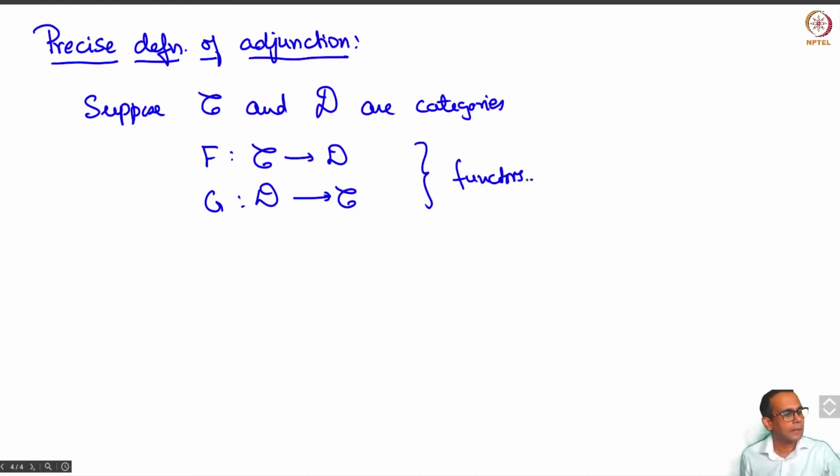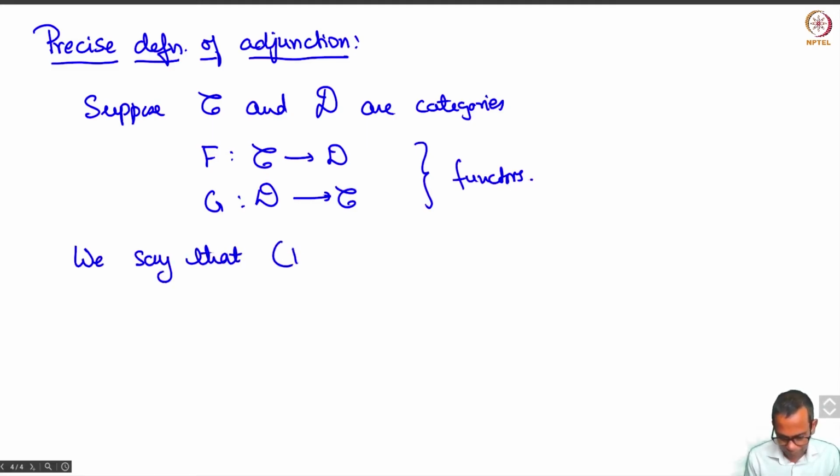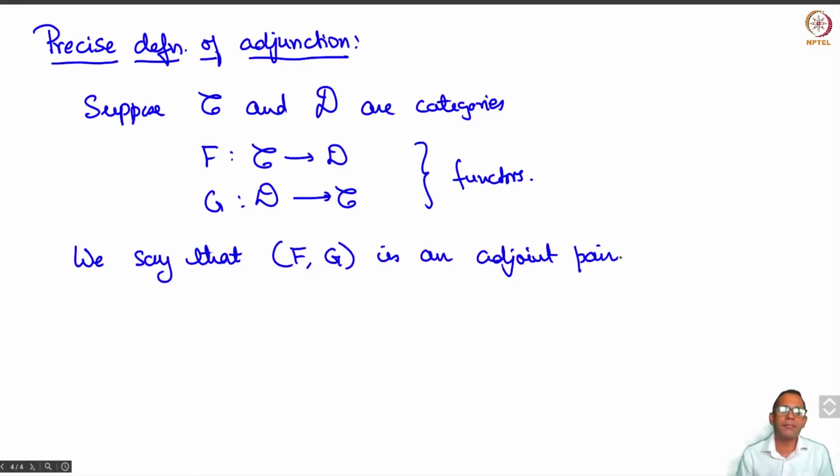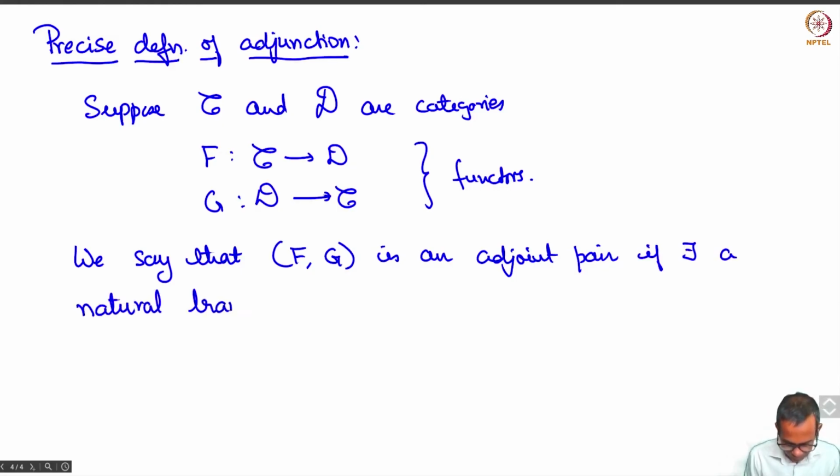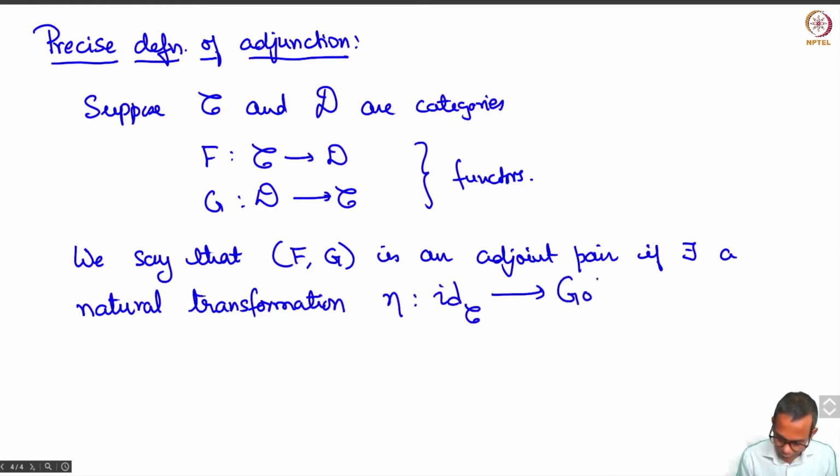Then we shall say that f comma g is an adjoint pair, or as I explained before, we would say that f is a left adjoint of g, or we could say that g is a right adjoint of f, if there exists a natural transformation eta from the identity functor from C to C to the functor G circle F. So both these are functors from C to C such that